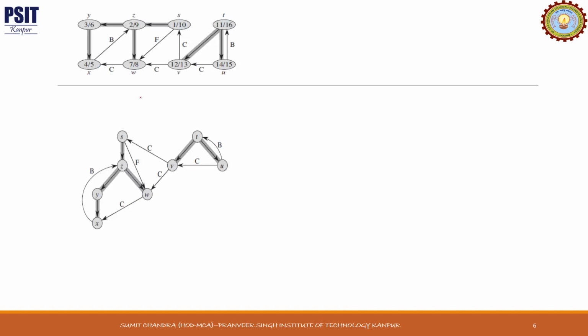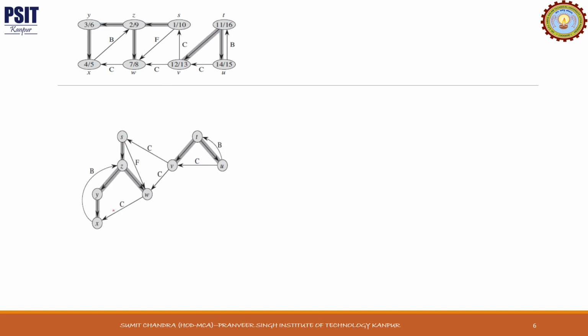So the same example is here also. Here S is chosen as source vertex, so 1, from here we went to Z, so 2, then we went to Y, so 3, then we went to X, so 4. From X we cannot go anywhere, so 5 is the finish time, then we backtrack. Here 6 is the finish time, then we backtrack, and we went to W. 7 is the start time, and we cannot go anywhere, so 8 is the finish time, we backtrack. 9 is the finish time, we backtrack. 10 is the finish time. Now we have chosen this vertex 11, here we got 12, 13 finish time, 14 vertex. The example you have already solved.